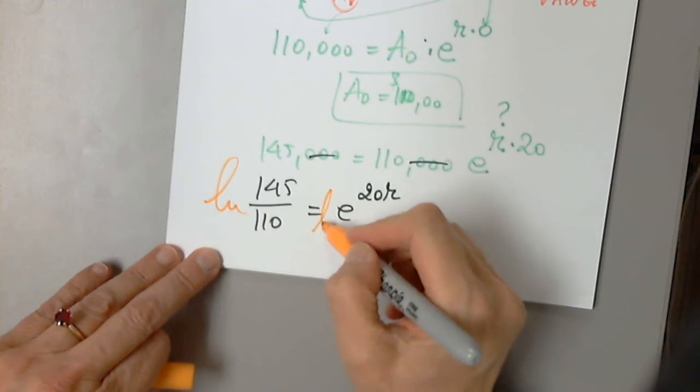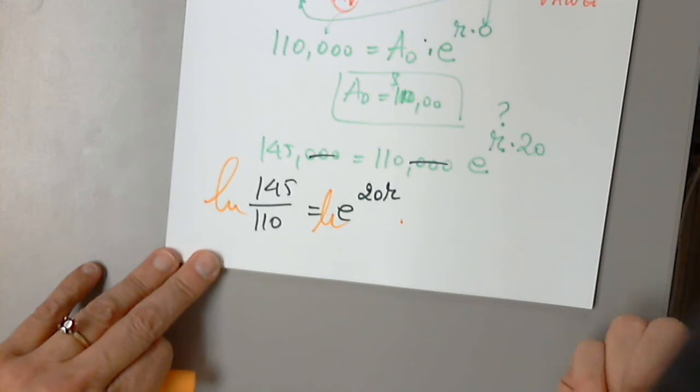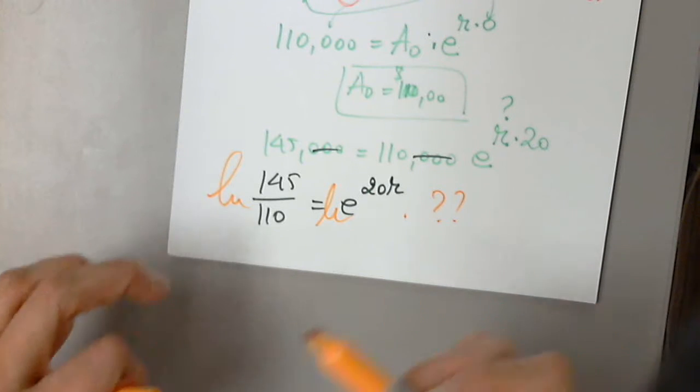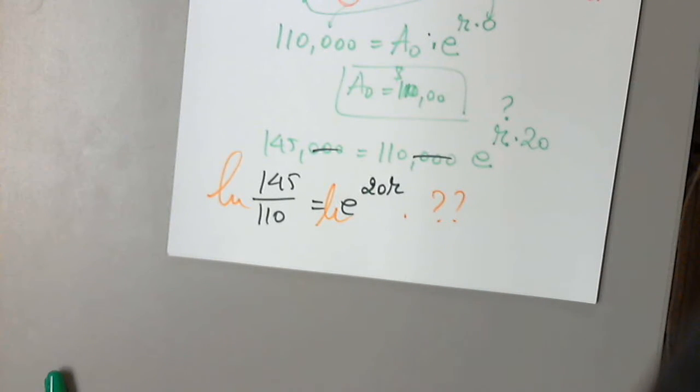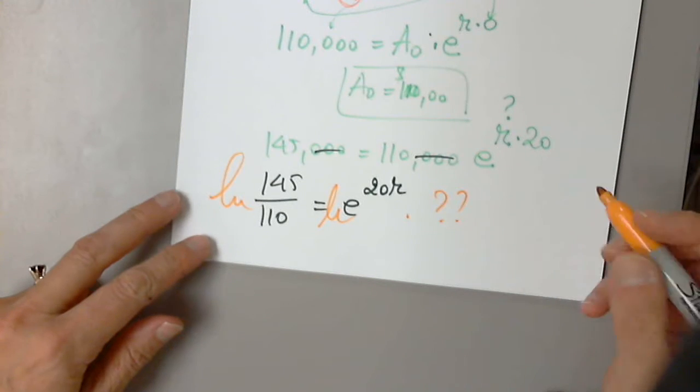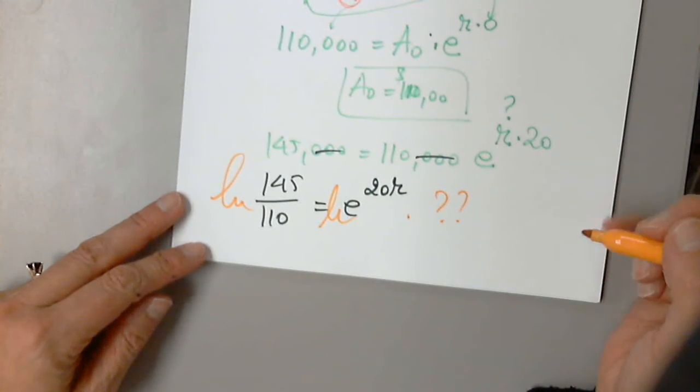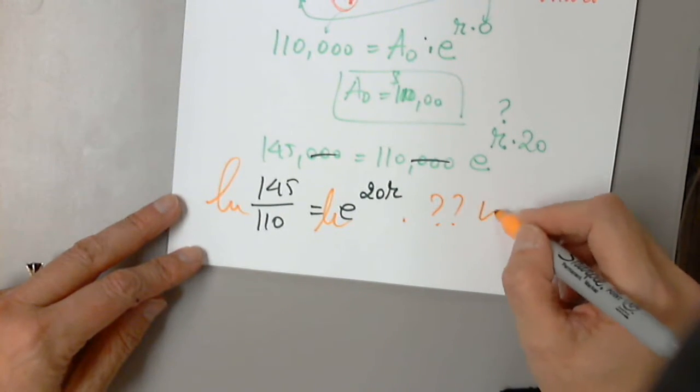Yes, we have to apply natural log and then find r. But we do not know how to do that just yet, because we haven't even talked about natural log. We haven't talked about exponential, we haven't graphed the log function, let alone the natural log function. So I think we should come back to it when we have enough information on how to solve such equations. Would you agree with that? Yes. Okay, so please remind me, I will not forget, but if I say please remind me, I know I will not forget. So later,